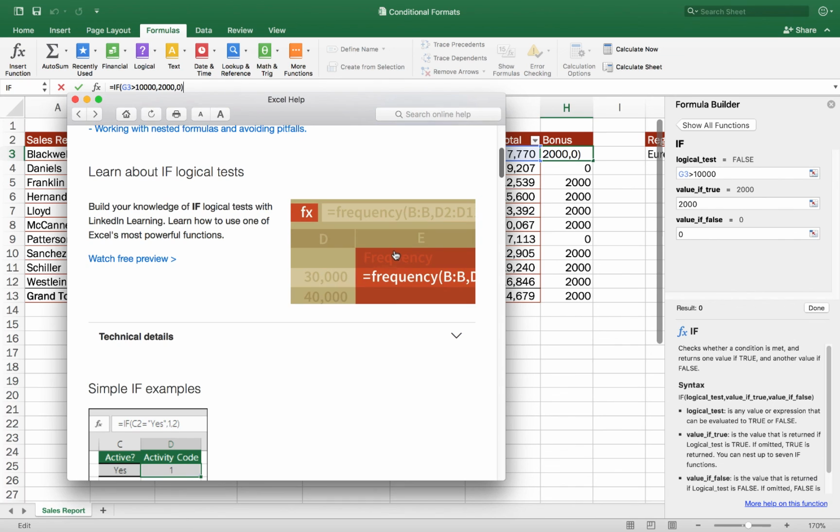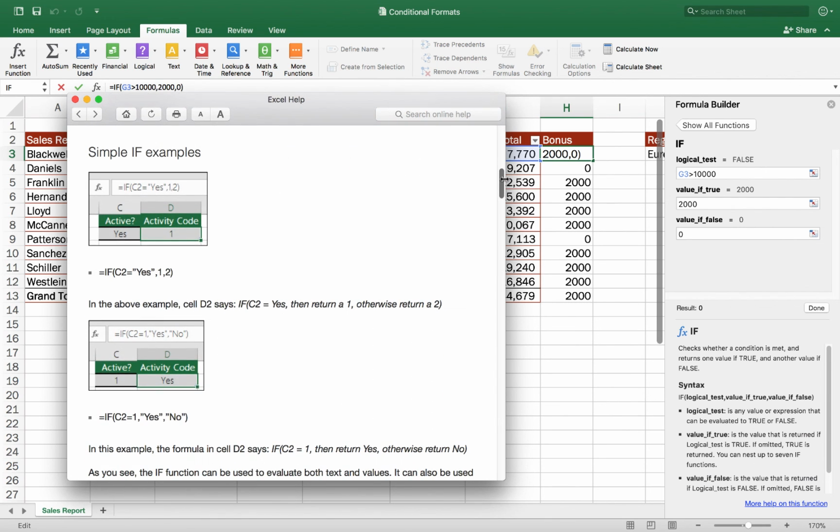Okay. For some of these, they've got videos that you can learn more from. And for all the functions, if you go to the help screen, they've got lots of cool examples. That's a really good way to learn any of the functions that are available in Excel. Sometimes if I read just a description, it doesn't make sense, but if you show me an example, it makes it easier to understand.